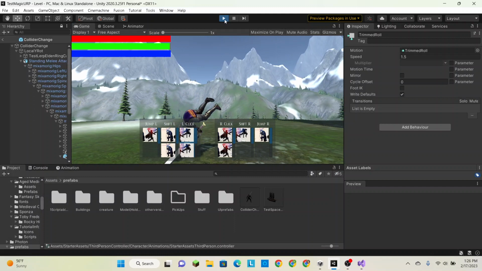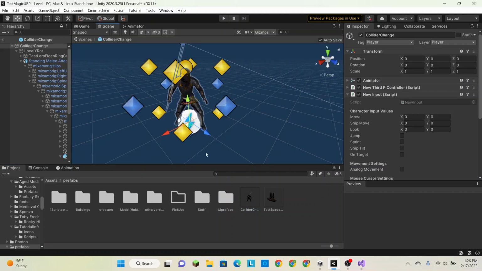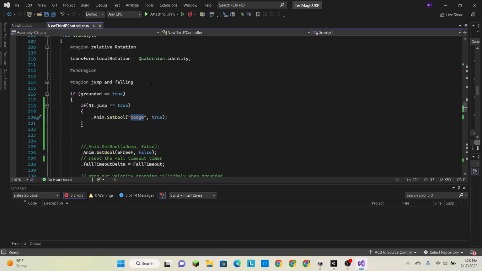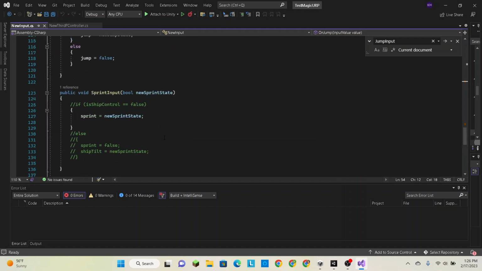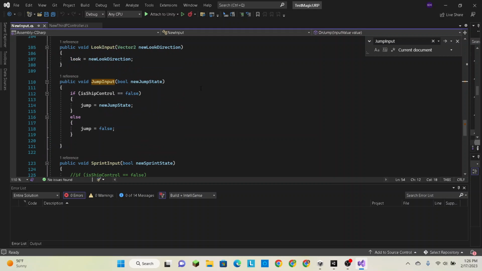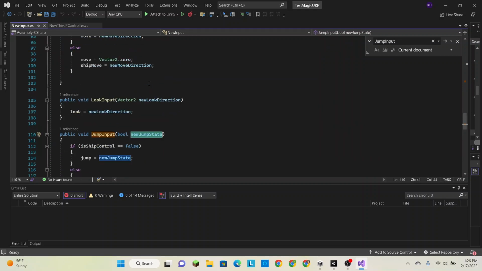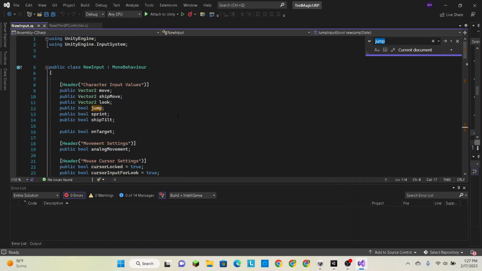Anyway, enough playing around. Let's figure this stupid thing out. Going into our prefab, I suspect it's this input system. All right, it's debugging time. So, jump input, bool, new jump state. What is this? Jump equals new jump state. What is jump? Jump is a variable at the top, which I believe